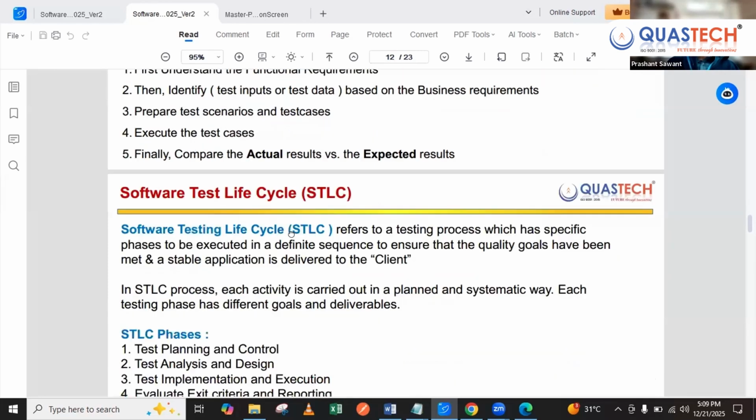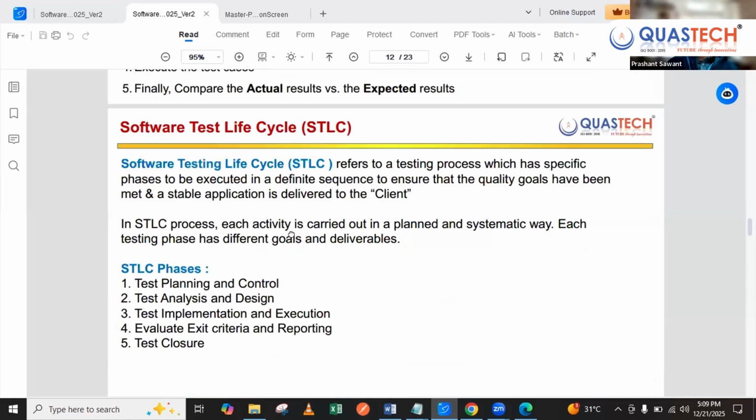Software testing life cycle. Now here comes my major focus, since we are talking about how AI can assist us in software testing. For us, the software testing lifecycle is basically our bread and butter. We must be knowing that